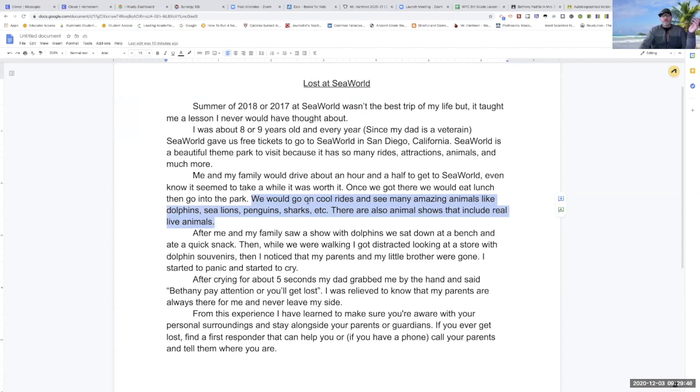So for this, let's break this down. We could go on cool rides. Well, what does that mean? What is a cool ride? We need to paint that a little more. We need to say what that is. So is it a roller coaster? Is it one of those swings that whip out? Is it one of those, I don't know what you call it, the cyclone things, you know what I mean? Where you put your back against the wall and it spins really fast and then the centrifugal